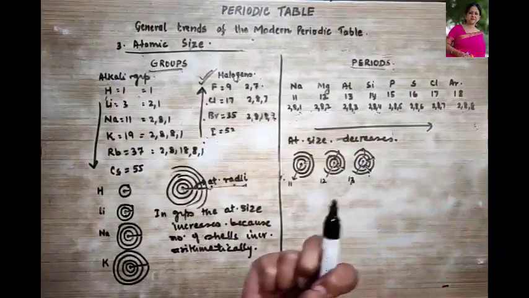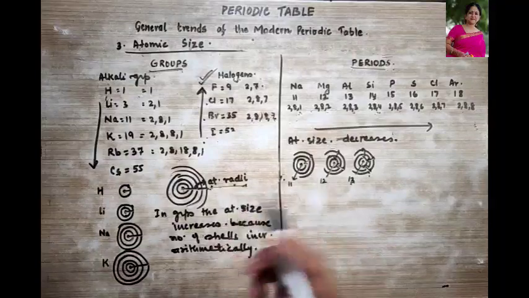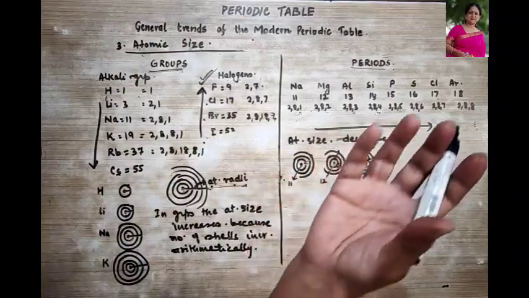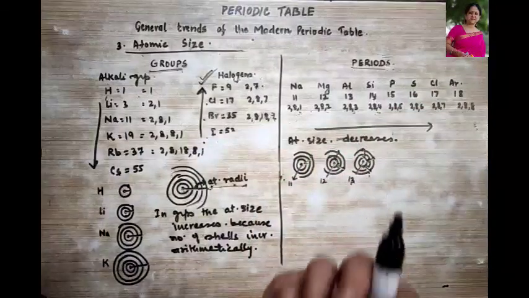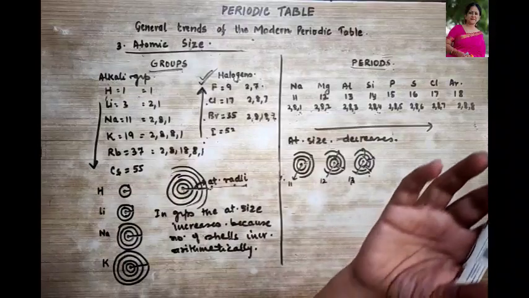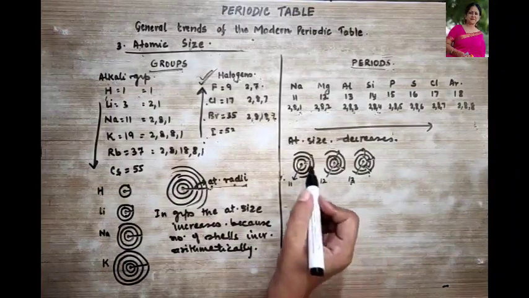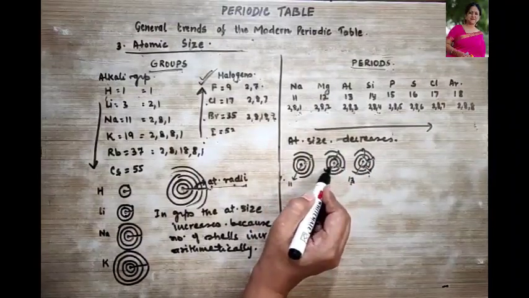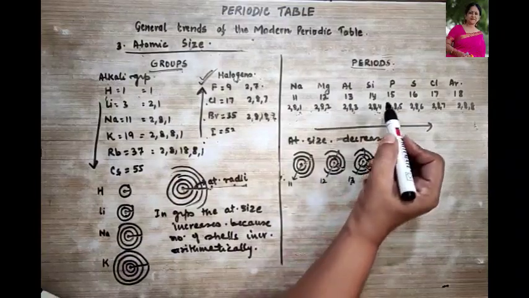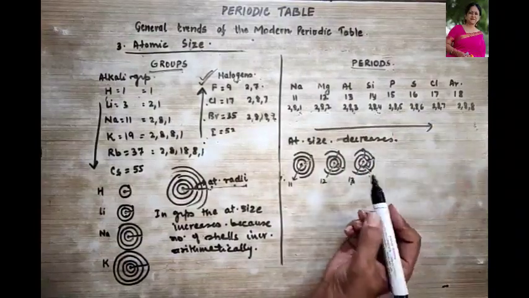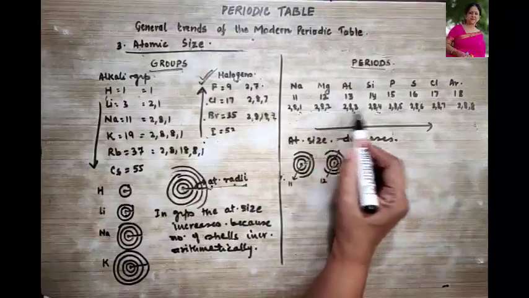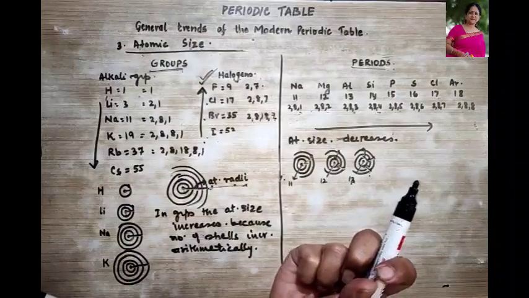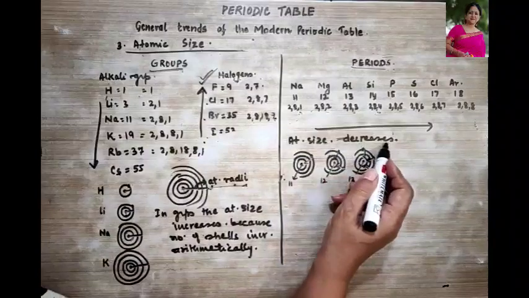Therefore, the pull towards the nucleus also increases. In other words, we can say the nuclear pull, nuclear means nucleus, which attracts the electron, that is called nuclear pull. Fine. So, nuclear pull increases and therefore, when here only one electron has to be attracted, here 2 electrons have to be attracted, here 3 electrons, here 4, 5, 6, 7. So what is happening? More the nuclear charge, more is the pull towards the nucleus. Hence, more the pull, the atomic size decreases.